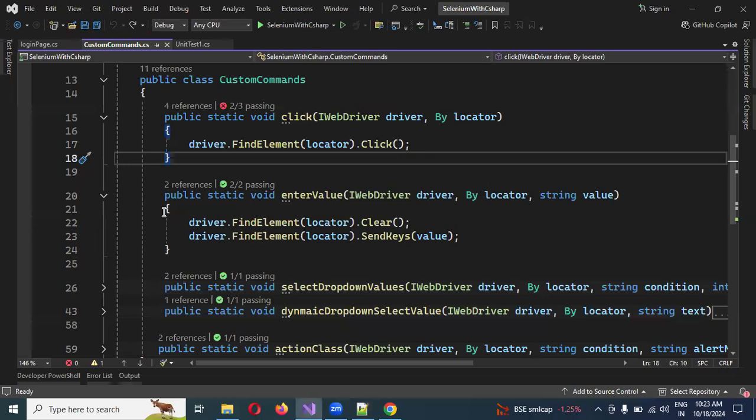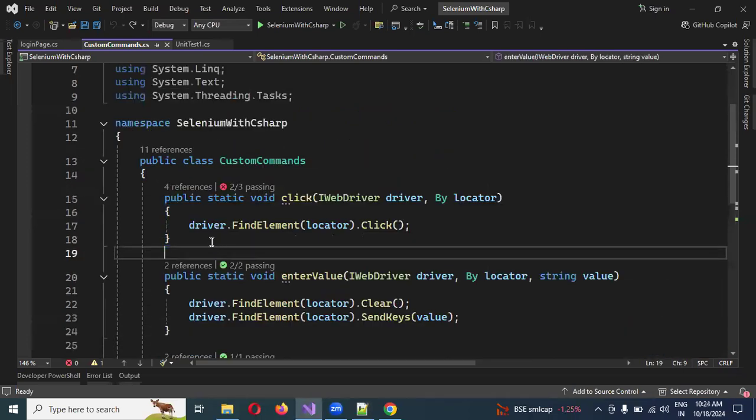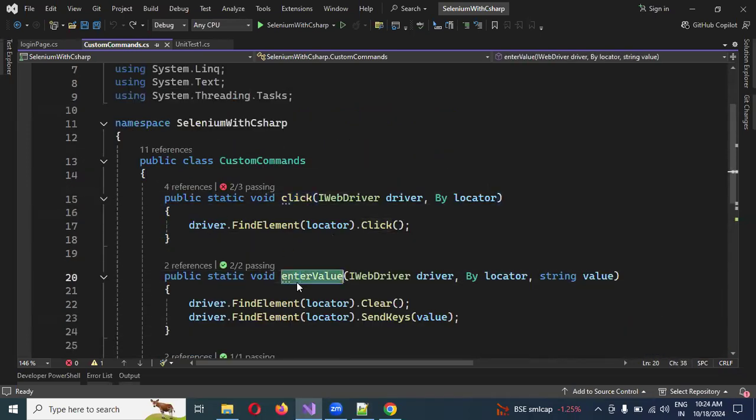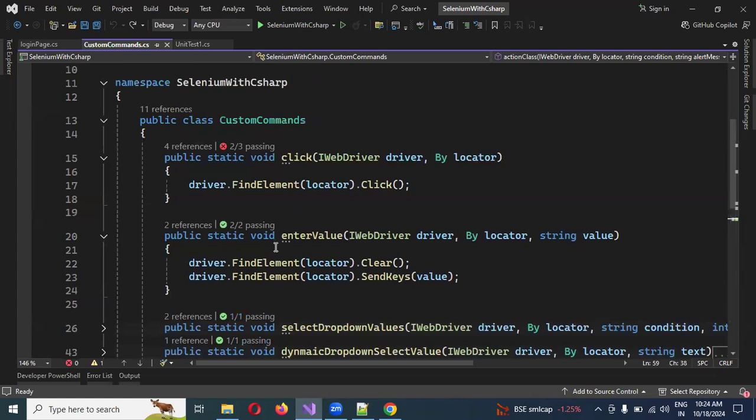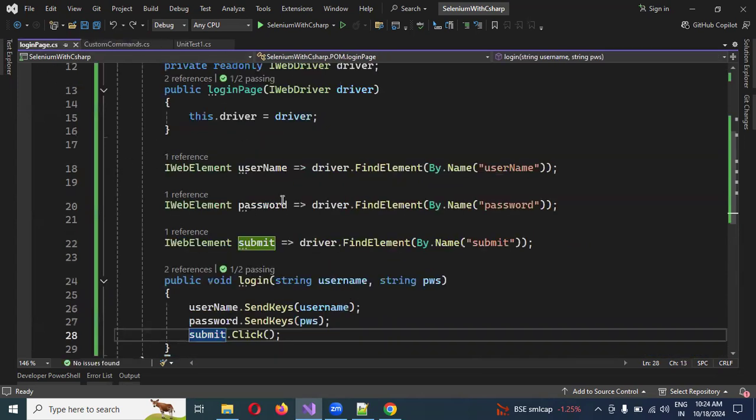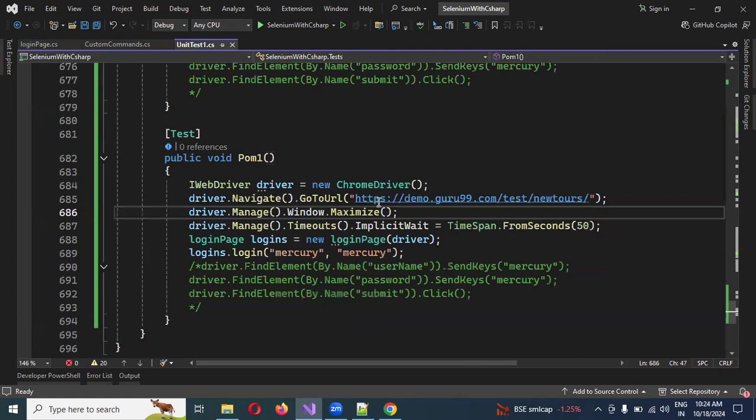Previously, these are the custom commands we have used: clicking and sending keys, selecting dropdown values, select by value, dynamic values, and action classes. These are the things we have used, right? Now, how can we use these custom functions in our page object model locations, to reduce the code and make it more efficient? Okay, then how can we use it